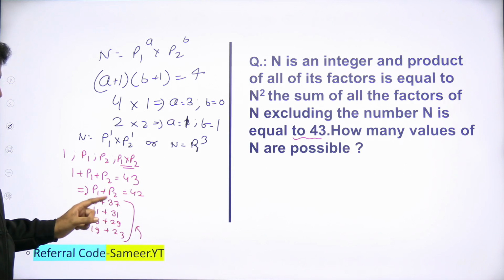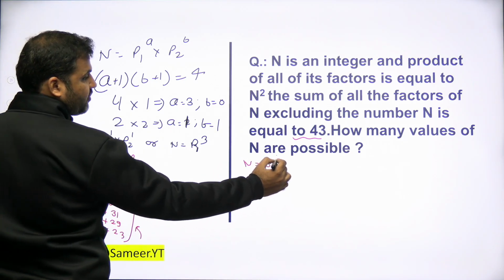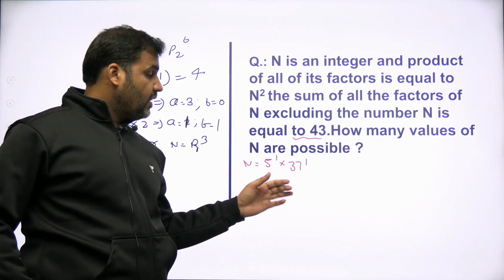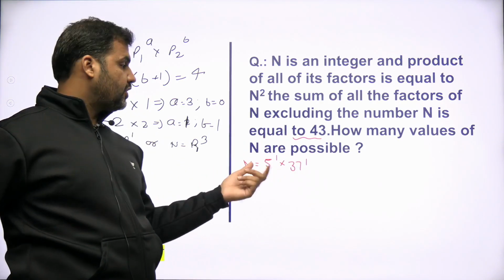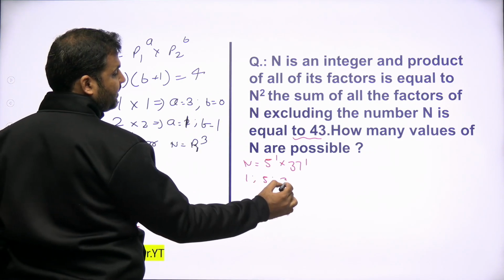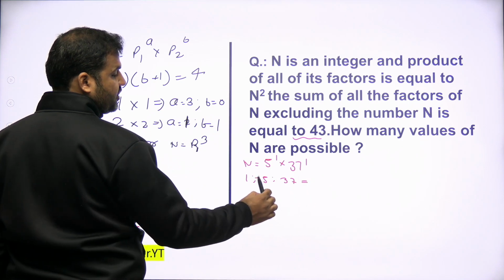तो इसका मीनिंग ये है कि अगर कोई नंबर n आपने बनाया, which is 5 की पावर 1 multiplied by 37 की पावर 1, तो इसके 4 फैक्टर्स होंगे और नंबर को एक्सक्लूड अगर मैं कर दूं तो इनके फैक्टर्स का समीशन 43 आएगा. देखो अब ये नंबर के फैक्टर्स कौन से हैं? 1, 5, 37, राइट? तो नंबर को एक्सक्लूड करने के बाद जो फैक्टर्स का समीशन बन रहा है, दैट इज